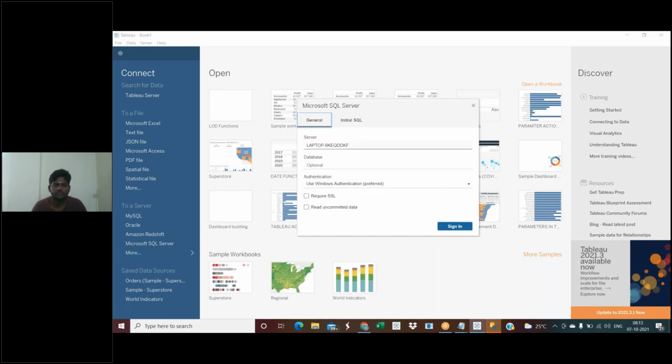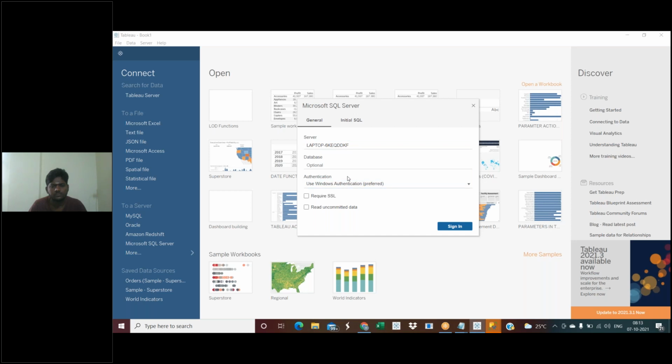So the pop-up is getting. What is this? What is the pop-up? This is the connection details. So this is the server name. It is my laptop server name, but they will provide you. Into the environment, they will provide you the server name, and even though they provide it, you need to use it.